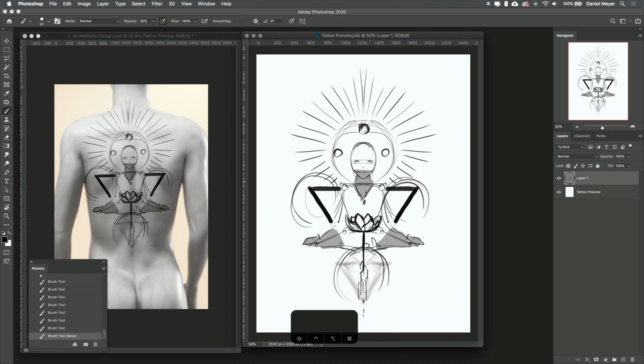Let's save that. So the idea here is really just to make a super quick, fast roadmap for your design, because the more detailed you go into this stage here, the more time you can potentially waste. Because if you start rendering out an entire composition, then you figure out that the entire placement doesn't match at all the anatomy, and you need to start working all from scratch. So the quicker you become with these super rough, quick drafts, even if they look like a 3-year-old has drawn them with a piece of crayon, it doesn't matter.